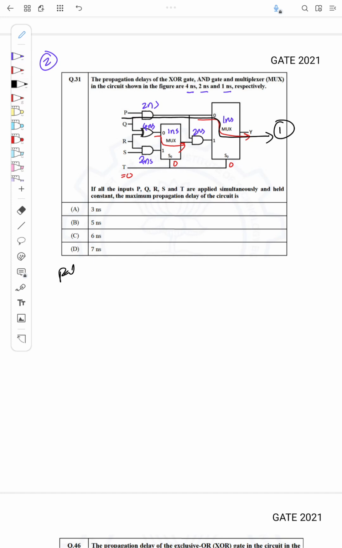Okay, path 1. So in path 1, what are the total components from the input to Y, that is from P to Y, right? So it has 2 nanosecond delay here and 1 nanosecond delay. So I have 2 plus 1, or 3 nanosecond delay. Okay, now